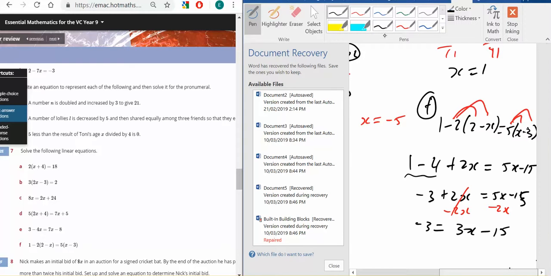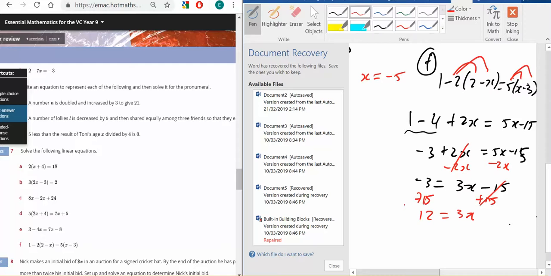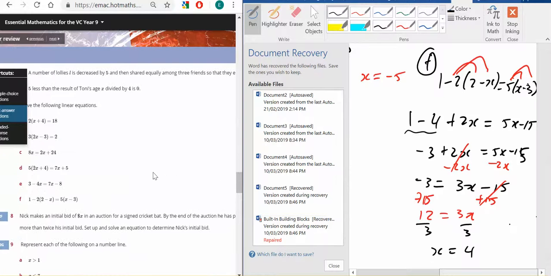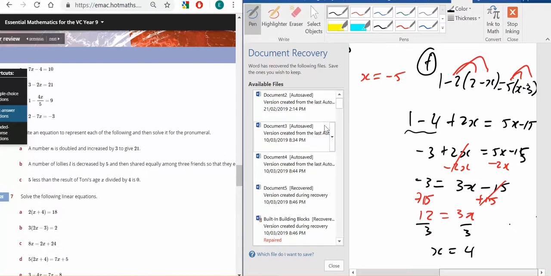I add 15 to both sides. So negative 3 plus 15 is positive 12. The 15 goes away. So I divide both sides by 3. x would equal 4. Okay, so that's basically questions 5, 6, and 7. I'll go through the other ones a bit in another